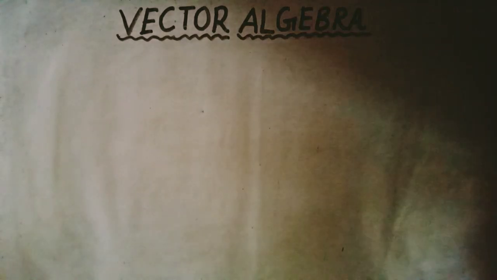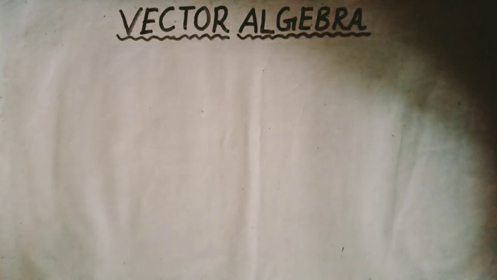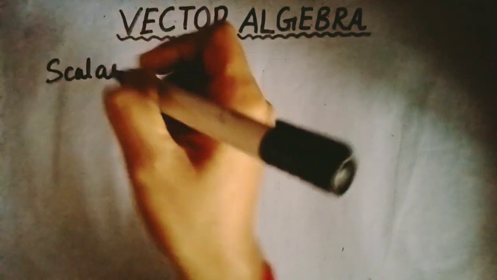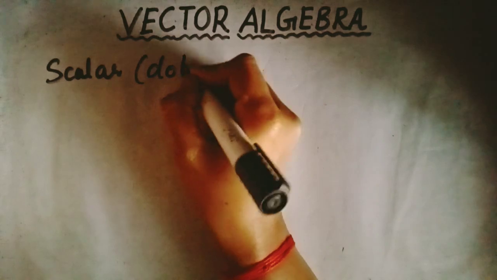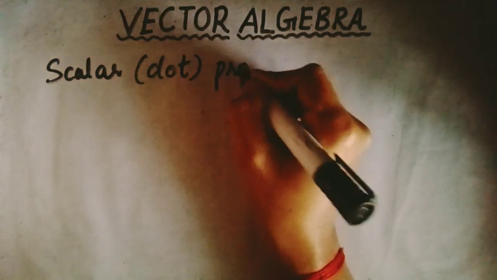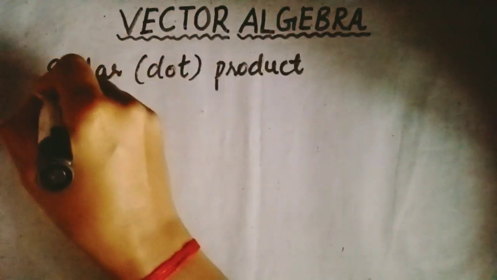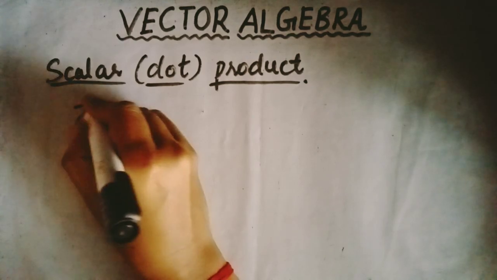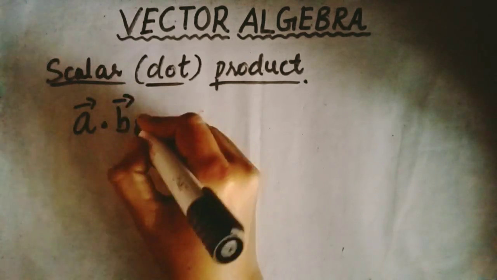Hello students. So the next subtopic is the product of two vectors. The product of two vectors is the scalar product, or it is called the dot product. It is defined as the scalar product of two non-zero vectors A and B, denoted by A dot B,